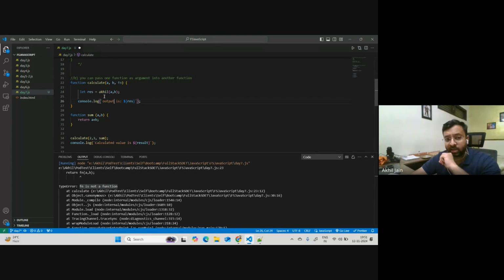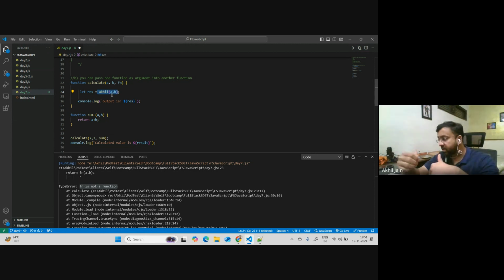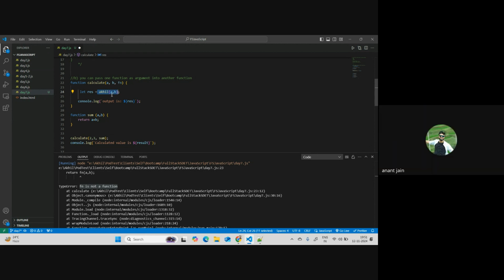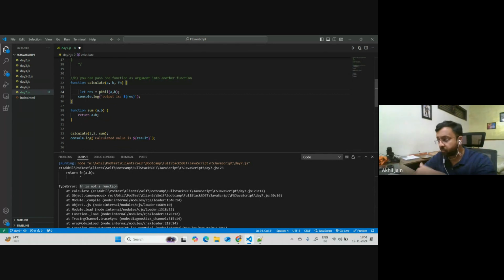But at least from the line which you've written here, you get some sense that this must be a function, because you're passing the variables like this, and you generally do it while calling a function only. You give a bracket and you provide the inputs. But do you see any variable? You have to understand there is some scoping rule, although we have not discussed them right now. Local, global, and all that. Block scope. But I am sure that since almost all of us are coming from a Java background,